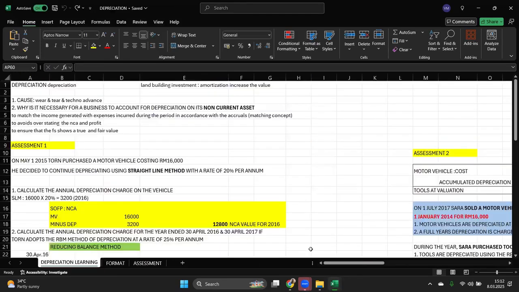how we do revaluation and also how we do depreciation in the entire assessments. So the reasons of depreciation, it's because of wear and tear. So what is wear and tear? So depreciation usually happens for our motor vehicle, which is whenever we buy a car, whenever we buy a van